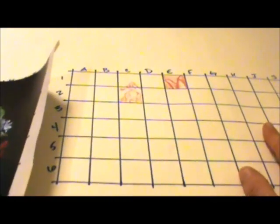And one of the other drawing methods is freehanding, where you just look at your reference photo and draw what you see. And that's what I did for this, but I did want to show you guys the grid method. So at this point, we're going to move over and I'm going to show you how to transfer your image. So if you're using the grid method, once you're finished using your grid,